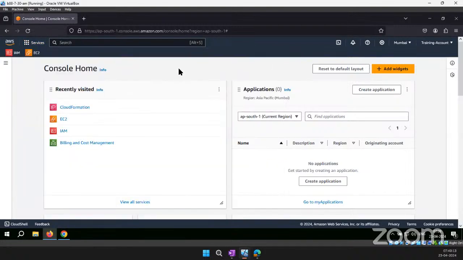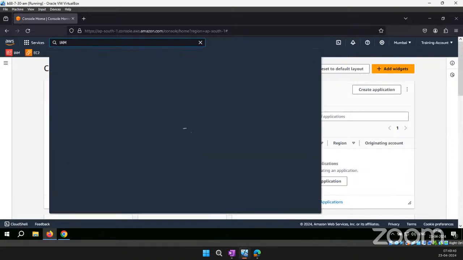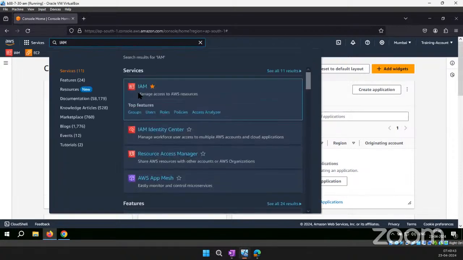What we are interested in is, if you are searching for any particular service, IAM is something that you will always be able to access. With root login, you will be able to access all the services. You can literally do anything. I actually have it locally bookmarked. If you have recently visited those pages, they will also show up in the recently visited panel here. But in case it is not showing up, just search for IAM. IAM Identity Center is different, so I'm looking only for IAM. If I get into IAM here,